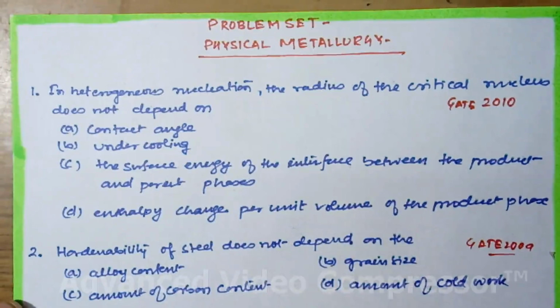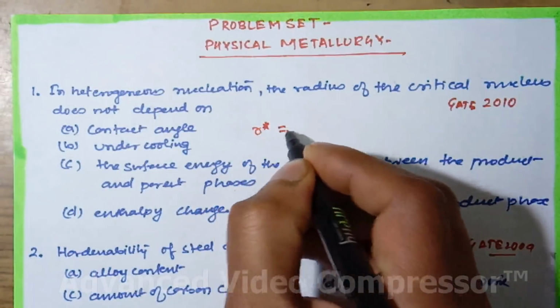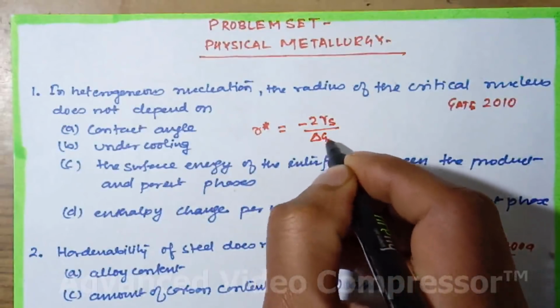So here in this question it is asking about the critical radius of the nucleus. So we know that R critical is equal to minus 2 gamma s by delta GV,